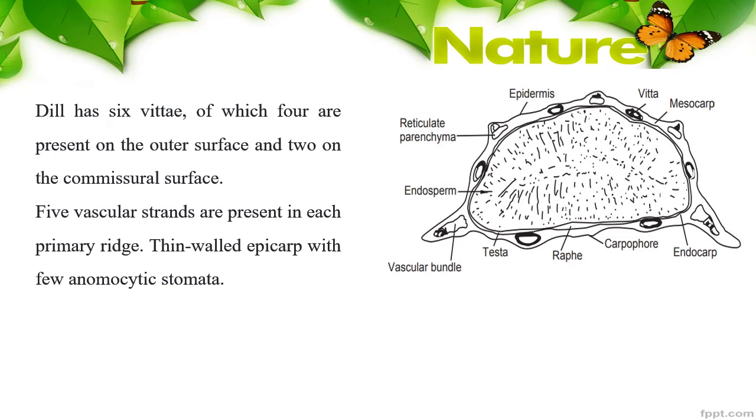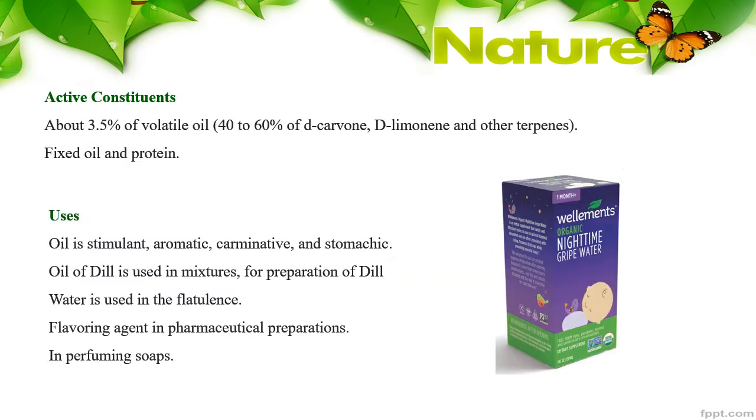Diagram of sector in dill. Seed, as we said before, vittae, vascular bundle, lateral primary ridges extended into wings. The epicarp formed of tabular cells with thin wall with stomata, few anomocytic stomata. Active constituent containing volatile oil, carvone, limonene, and other terpenes. Fixed oil and proteins, also containing flavonoid